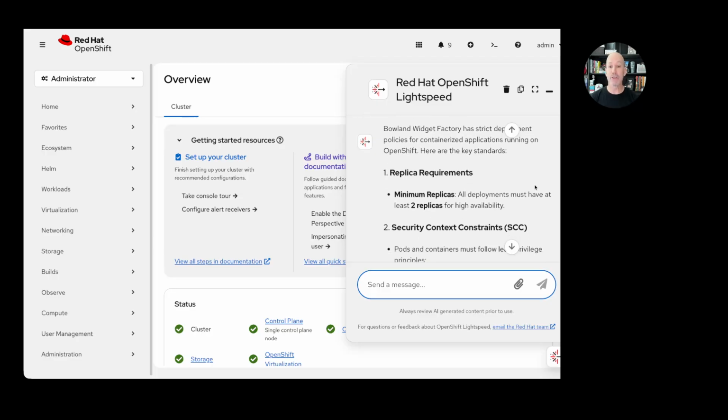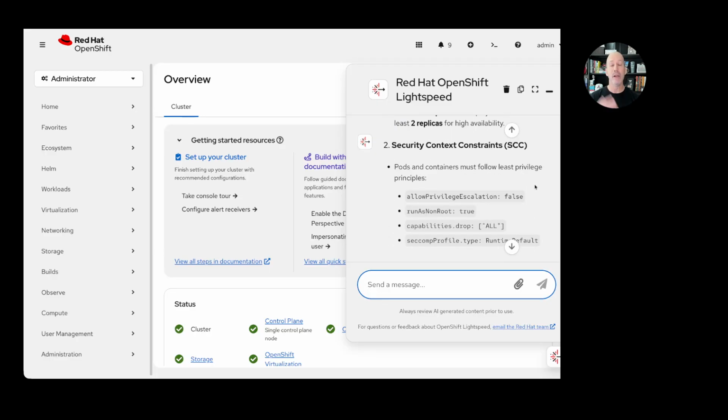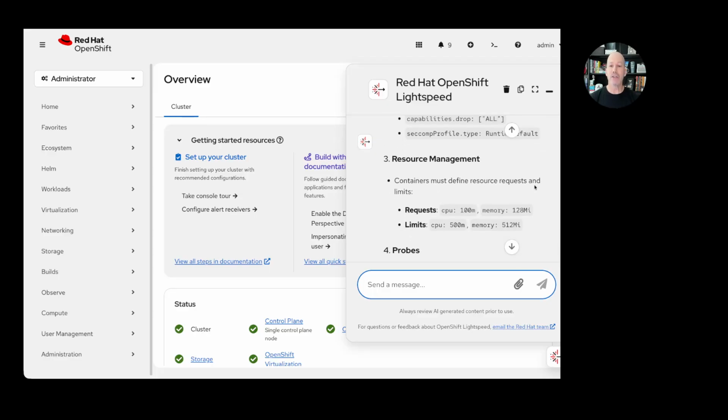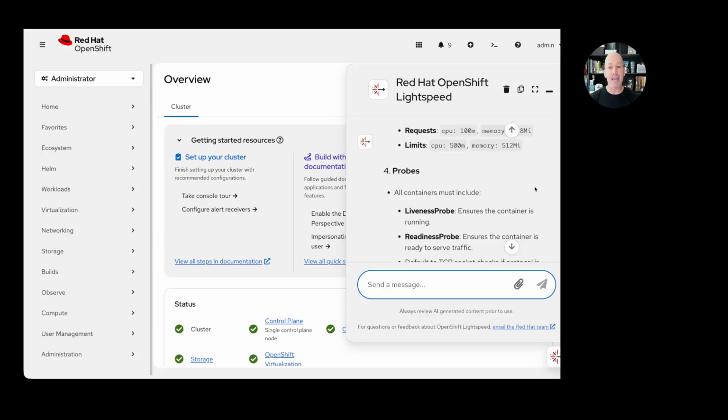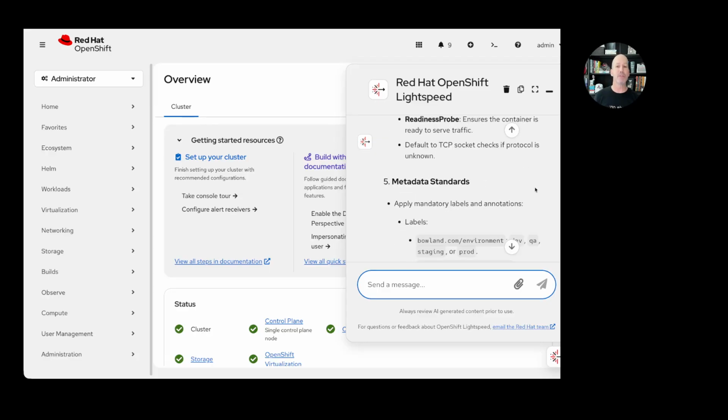Remember those replicas that we talked about? Replicas of 2. It knows about our security context constraints. It knows about the requests and limits that we must set and our requirements around liveness and readiness probes and metadata standards. So I hope you've seen how you can take a really great feature, OpenShift Lightspeed, which really helps either experienced admins work very quickly and removes friction from their job, or takes less experienced admins and helps them level up,